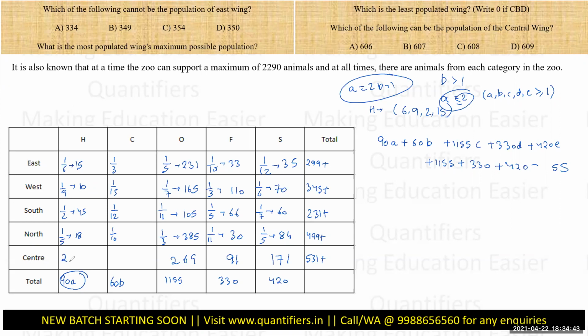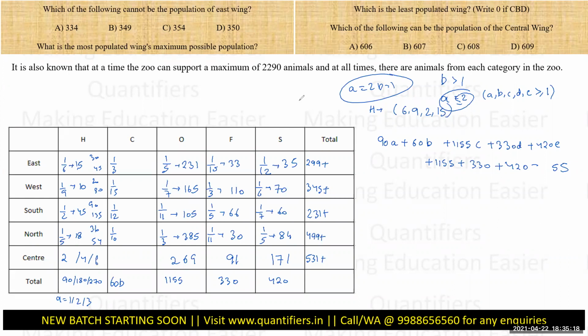So the center is 2. Now A I discussed can be 1, can be 2, can be 3. Right. So basically it can become 1 time, 2 times, 3 times. The value can become 90, 180, and 270. Similarly, it can become 50, 30, 45, 10, 20, 30, 45, 90, 135, 18, 36, 54, 2, 4, 6. So these are the values possible for these.